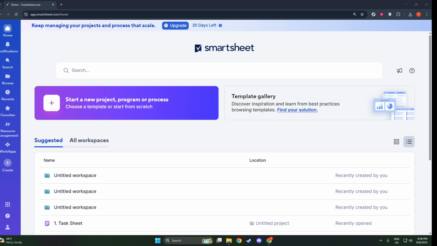The first thing you'll need to do is log into your Smartsheet account. Go to the Smartsheet website and enter your login credentials, as you would normally do to access your account. This is essential because you'll need to be in the account that you wish to cancel in order to proceed